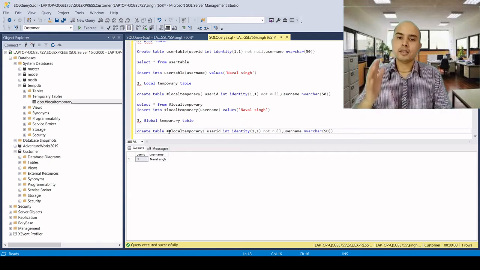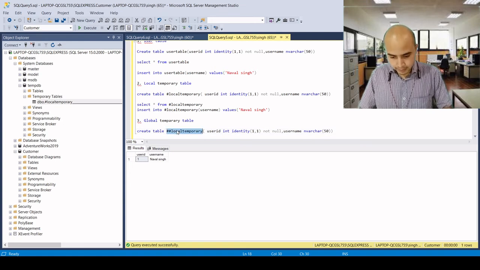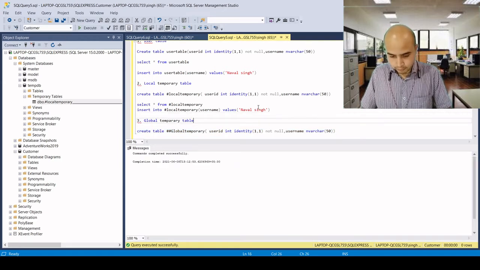Once the session by which the global temporary table was created is closed, then we cannot find that global temporary table in the other sessions either. Let's see the example. Here let's make the global temporary table, global temporary, and let's create the table. And here we can see we have a table.